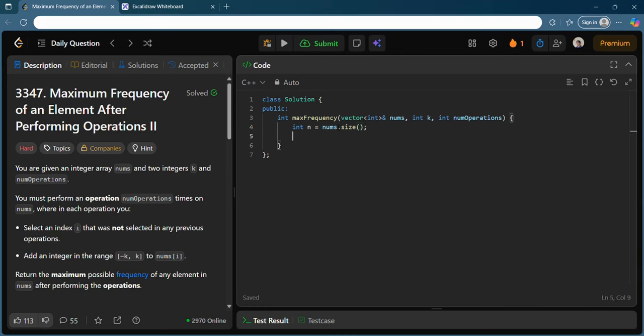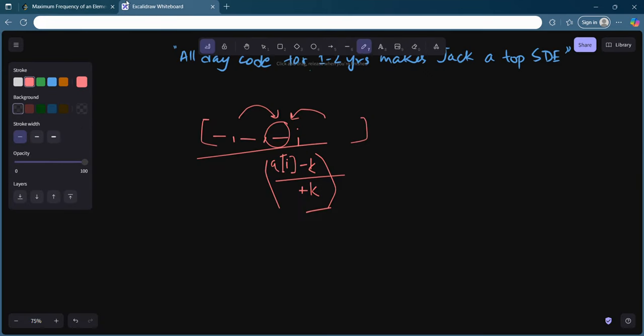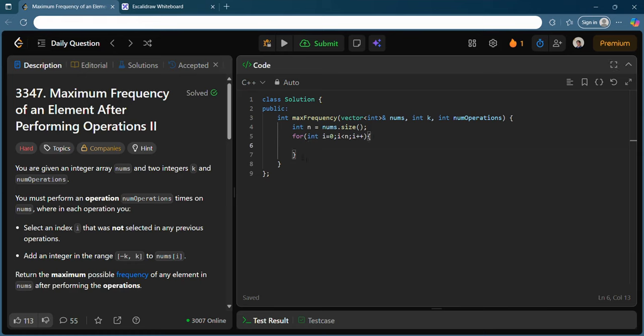Let's say you have a number n and you want to convert every element into a number n. So for nums i, for nums i plus k, for nums i minus k, I want to see how many elements can be converted into this.